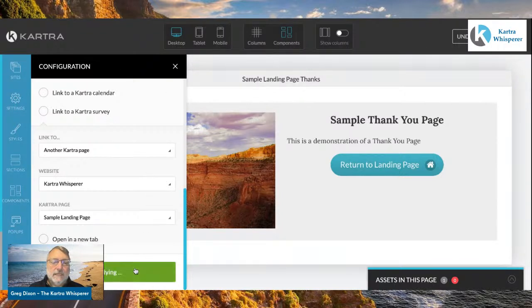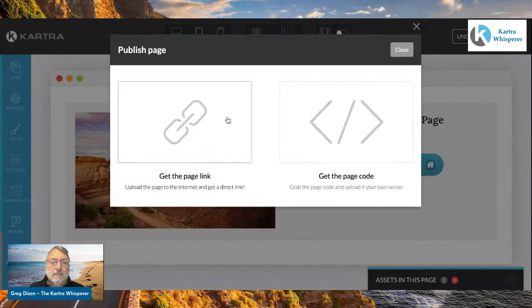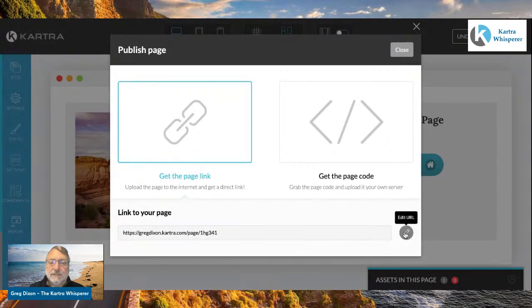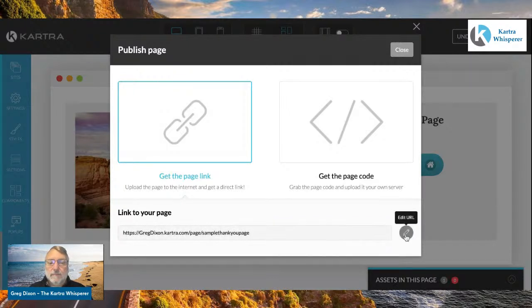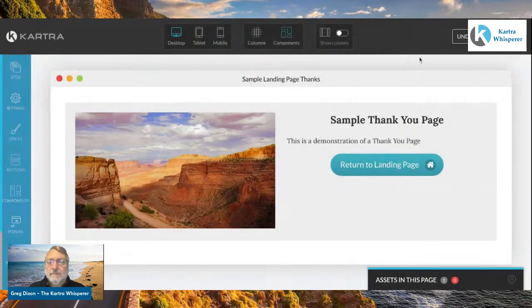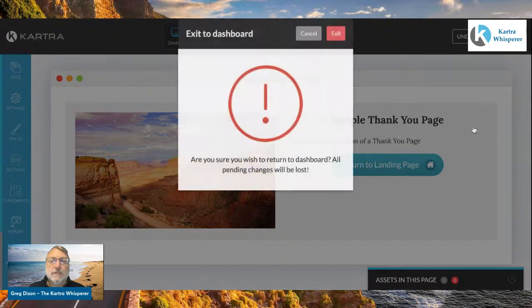So we applied that. And again, always remember to publish. You have to make sure you don't actually lose anything. So we'll just call this sample page. Okay. So the one thing that I didn't completely configure before is, I'm going to go back to the dashboard,